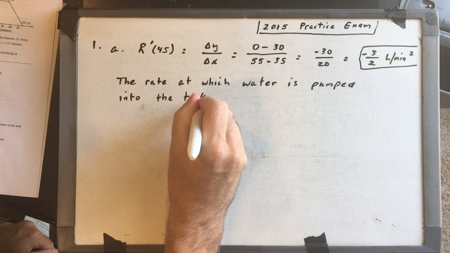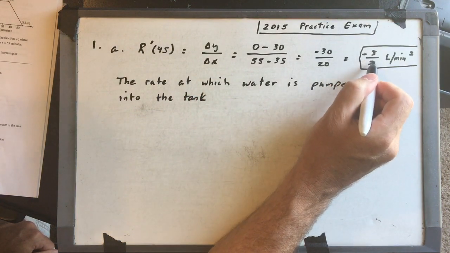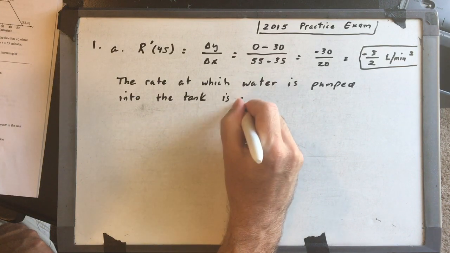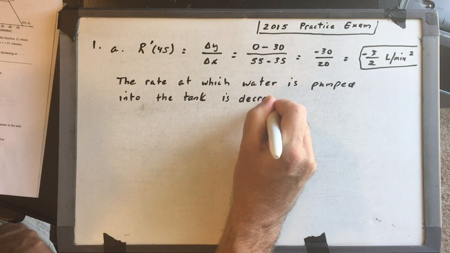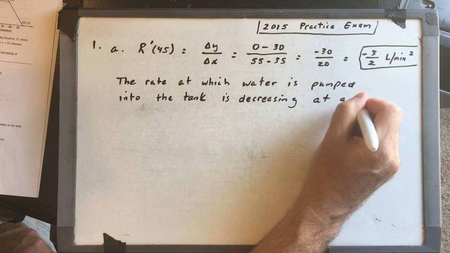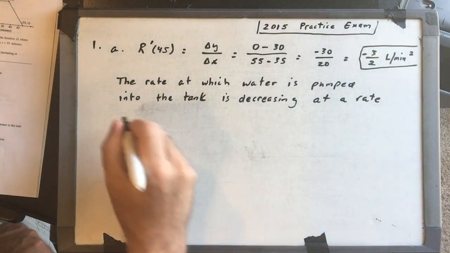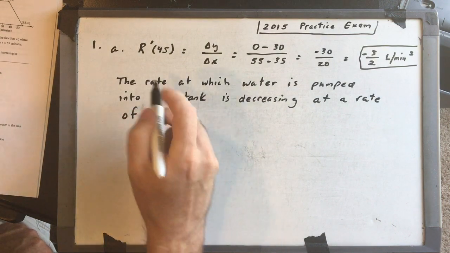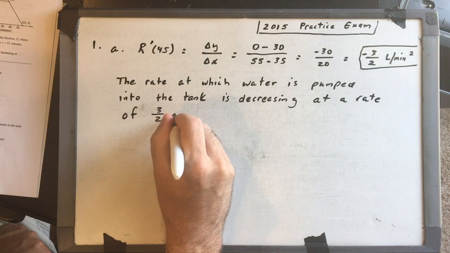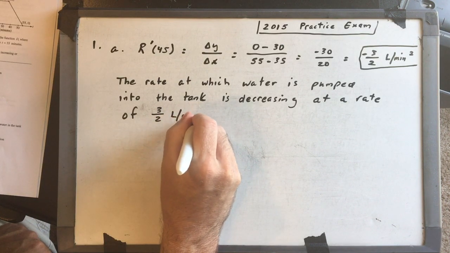So the rate's going down, right? It's decreasing. Negative is decreasing at a rate of, that's redundant with the two rates, but who cares, of 3/2 liter per minute squared